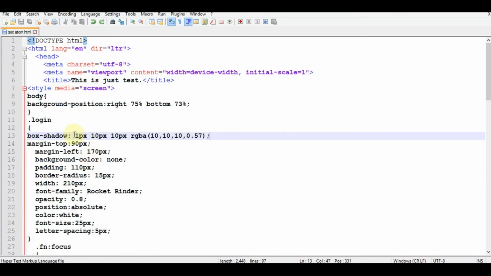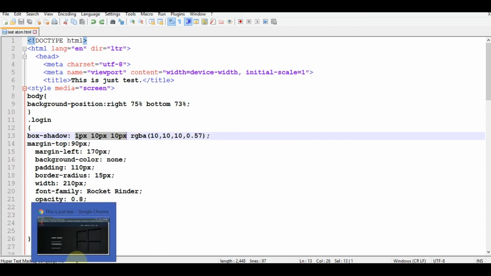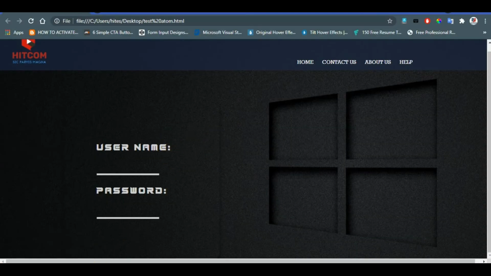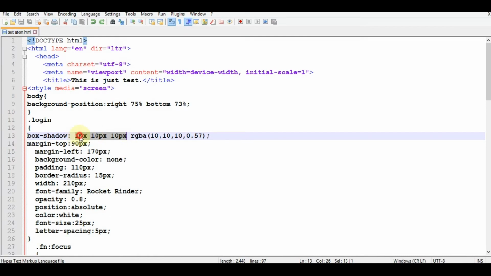And in the box shadow you apply different things like the blurriness of the shadow and the position on the left or top of that shadow. So you will change this value. Suppose I set it to 10 px instead of 1.